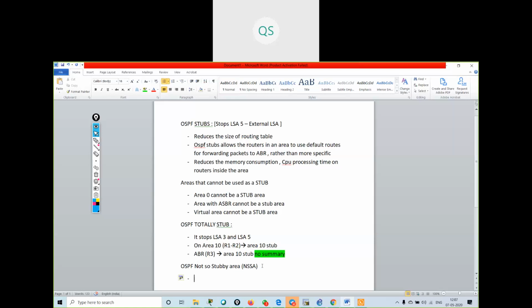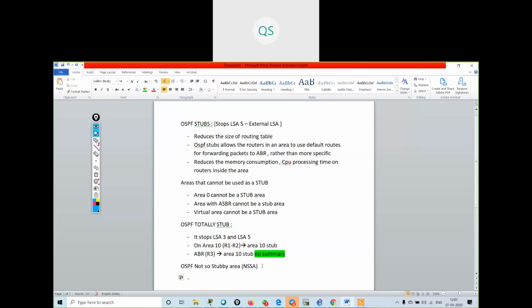If you are using NSSA, then the area which is having ASBR, meaning external routes are there, that area can be a stub area.